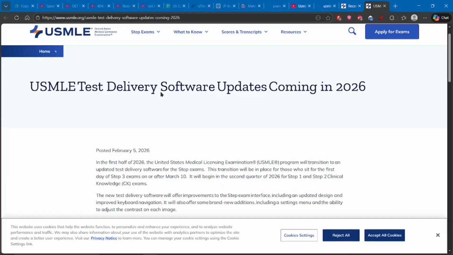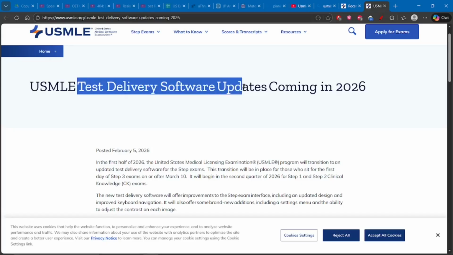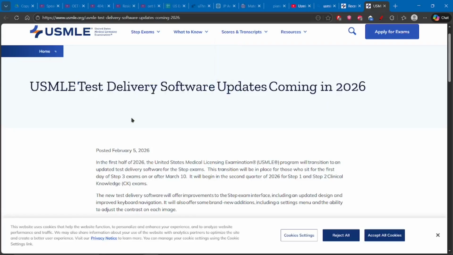Concentrating on USMLE only, there are some updates coming to the test delivery software. This software is the interface that you see in the test center when the computer is in front of you, on which you are solving your test.